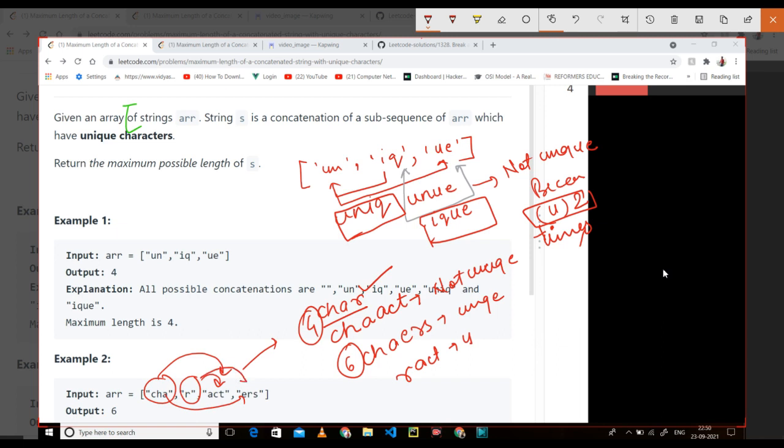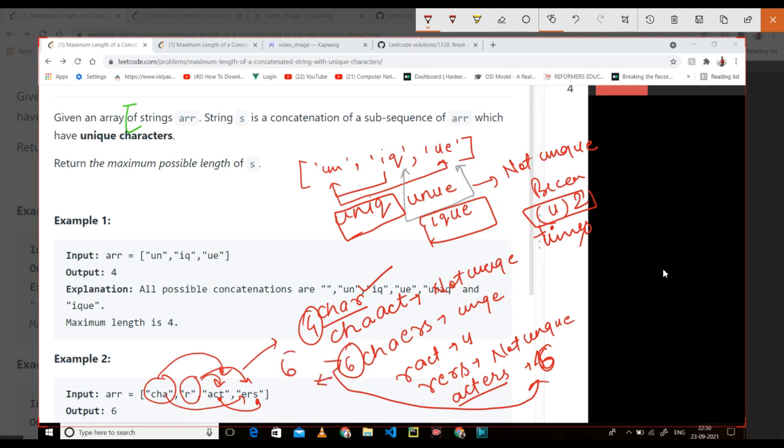Then act with ers is also unique, and has length 6. The maximum is 6, so the answer is 6.